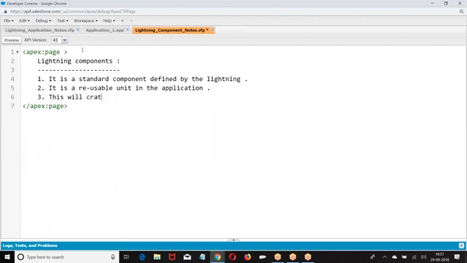This will create scope of this component.